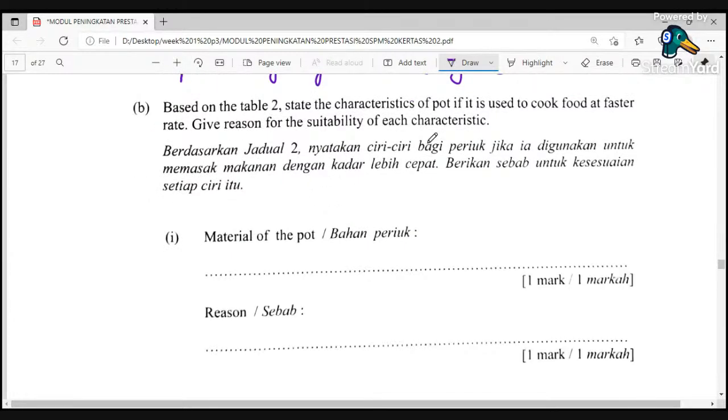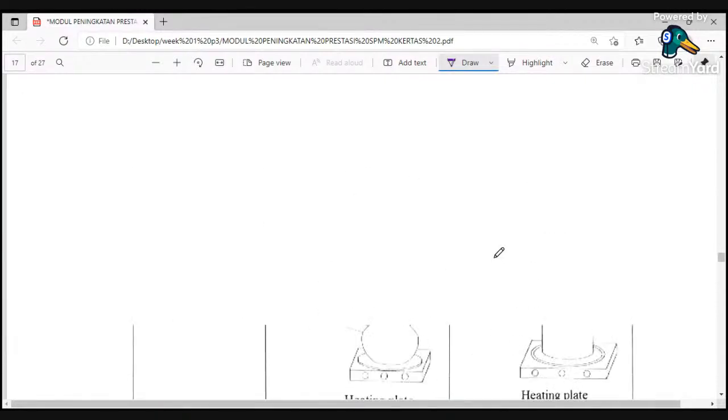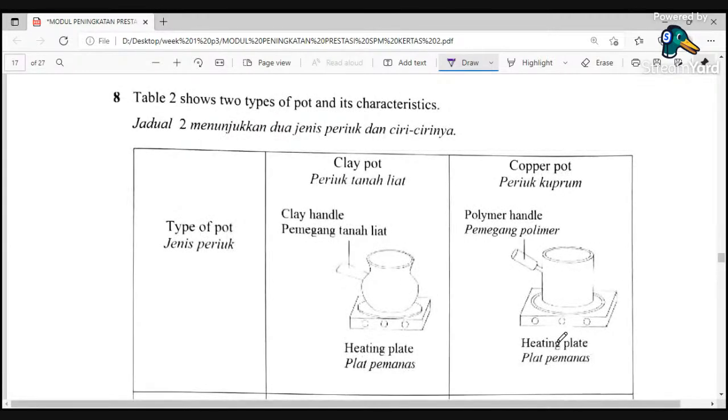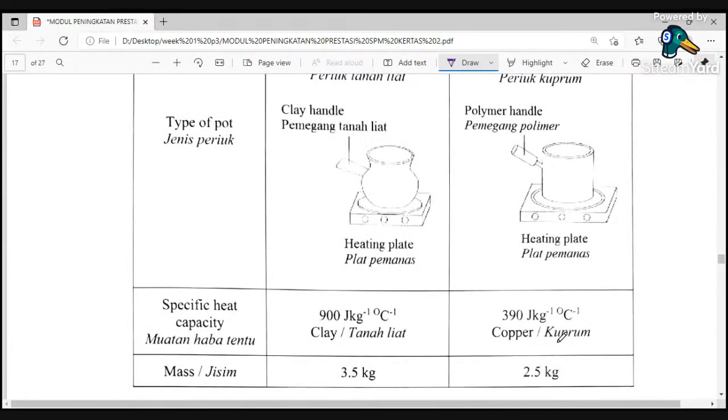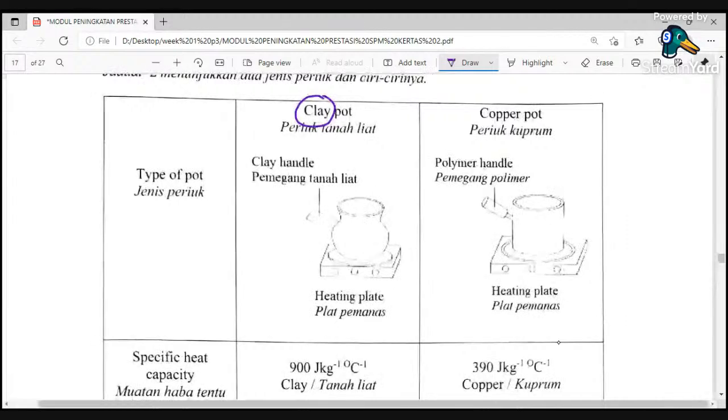Okay. Characteristic of pot, cook food faster, cepat masak? Yang mana satu? Okay, kalau boleh pilih dulu baru jawab tengok karakteristik dia. Kita ada clay pot dan copper pot. Kalau compare clay dengan copper, tanah liat dengan conductor. Okay, ini memang very good heat conductor. So kita akan pilih copper